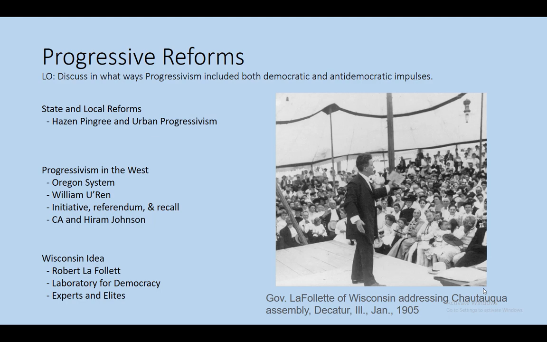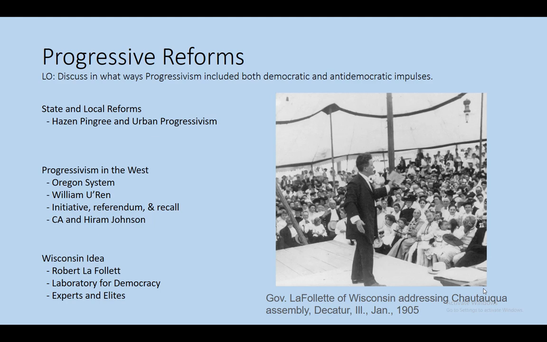Now, we also see progressivism in the West. As you know, the West, far less industrialized, far less urbanized than the East and in the North, but they're still doing a lot of stuff here. The former progressives and those who believed in the virtues of the frontier are the ones that were kind of focusing here. A good example of this is the Oregon system. The Oregon system included things like direct primaries, the initiative and the referendum, which enabled voters to propose and vote on their own laws, as well as the